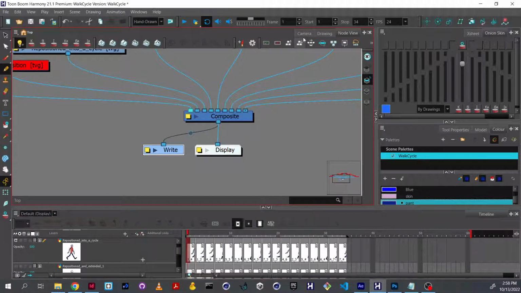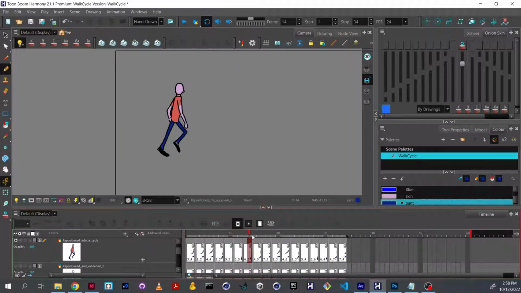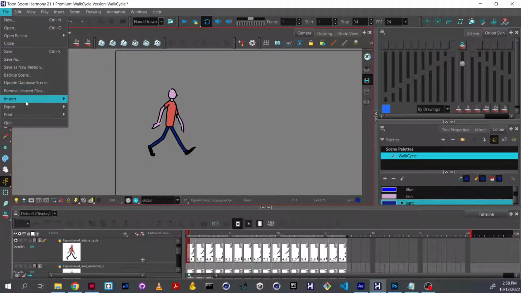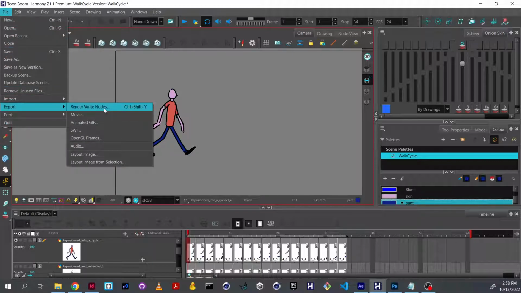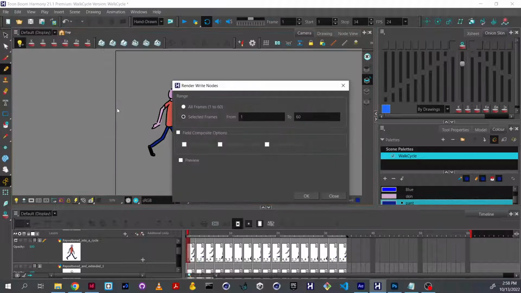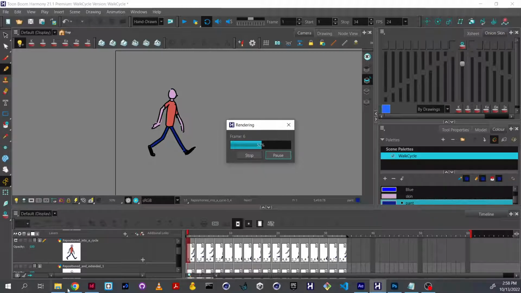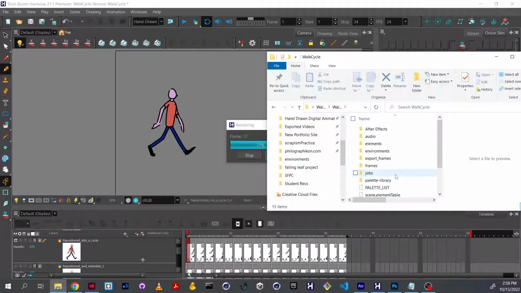You then go to your camera, so you can make sure you're looking at the right thing on the screen. I've got no background. And you go to File, Export, and Render Write Nodes. You don't want to go to Movie. Render Write Nodes is going to write to our folder all of those different files. So to Render Write Nodes, make sure I have the last frame selected, which I remember is 34, and then I say OK. It'll take a second, and when I open this up, we should see